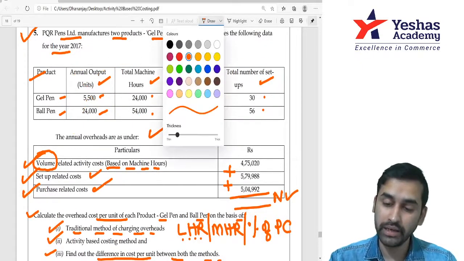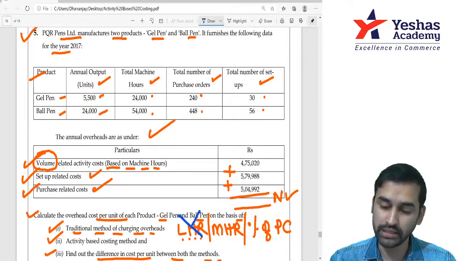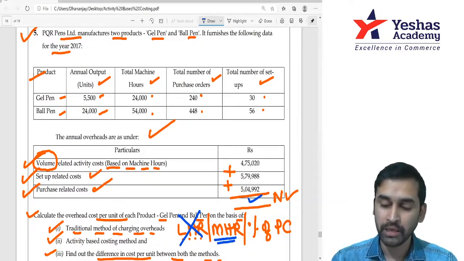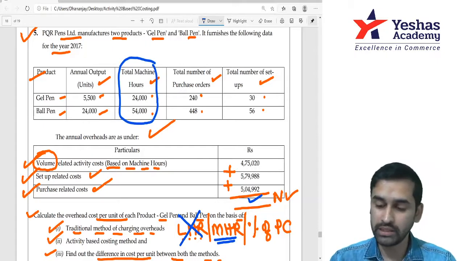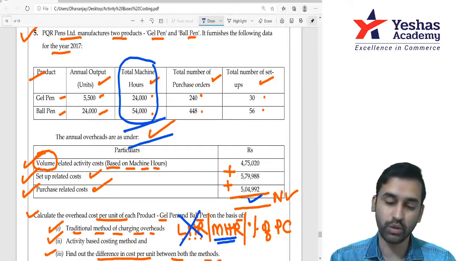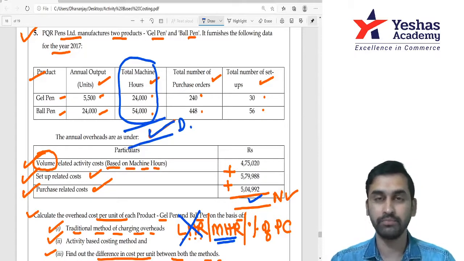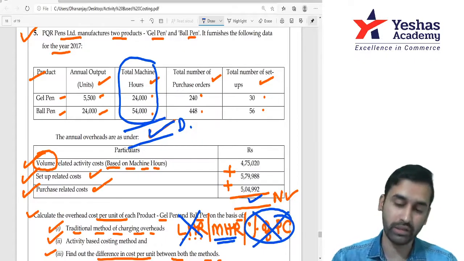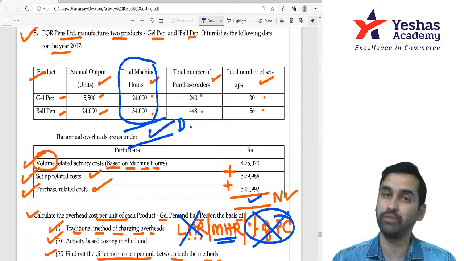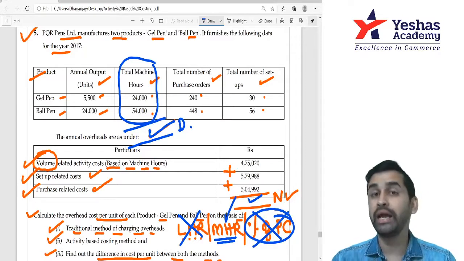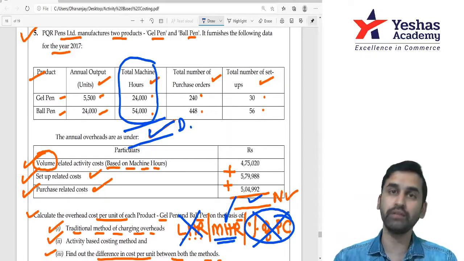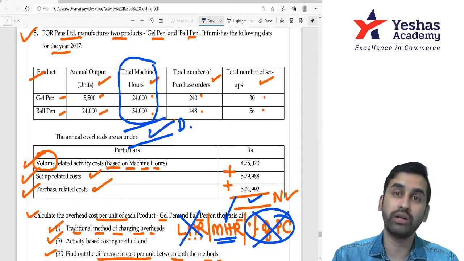That means indirectly they said you cannot use LHR. Next option is MHR. For that, the numerator is the same, but the denominator is machine hours. Do you have machine hours? Yes, sir, I have. That means this total will be the numerator, this total will be your denominator. Dividing that will give you MHR. Sir, percentage of prime cost. Where is prime cost in the question? Nowhere do you have material and labor information. That means the only possible option is MHR. See what they did. They did not tell you whether it is LHR or MHR. They made you decide. They wanted you to decide.